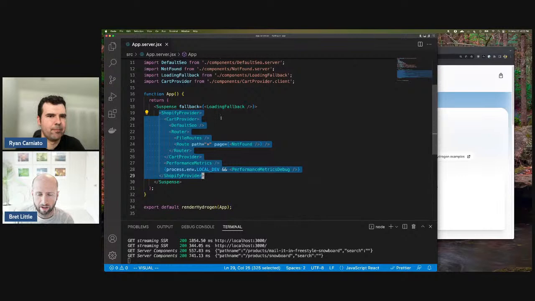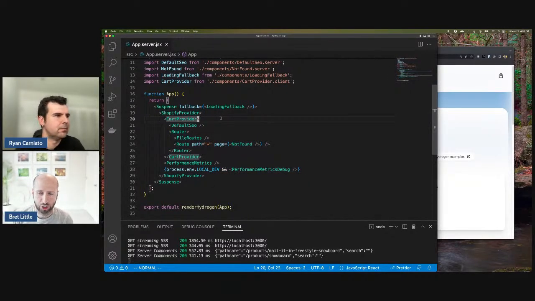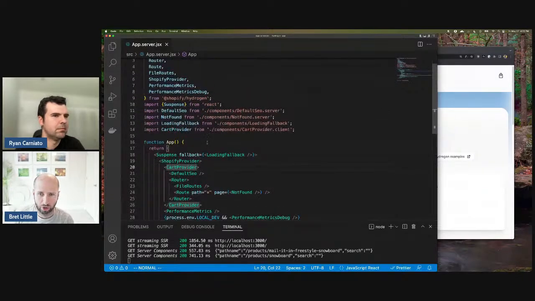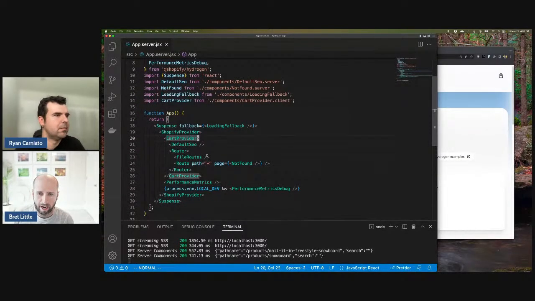So that's React 18 with suspense and streaming, where this whole page will get streamed to the browser. And initially,